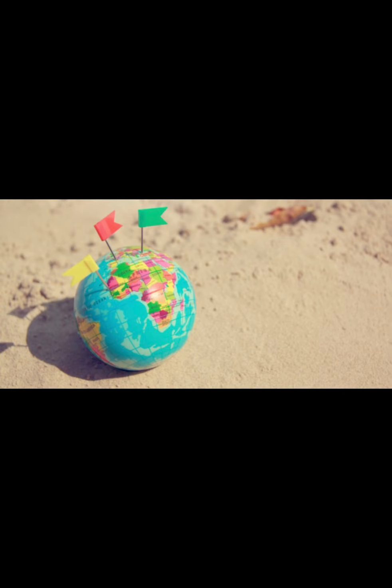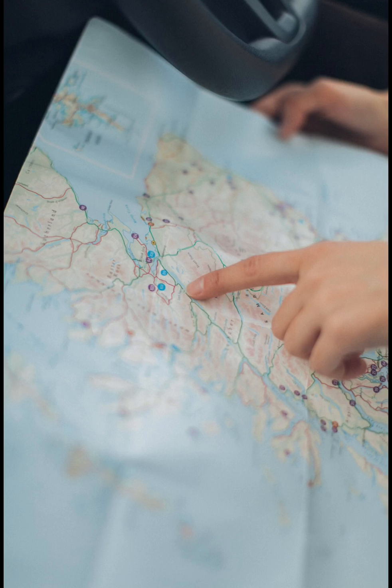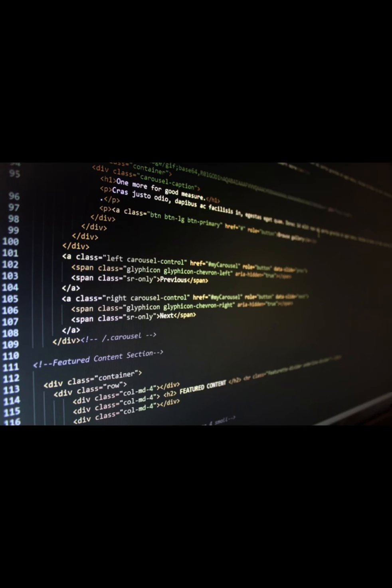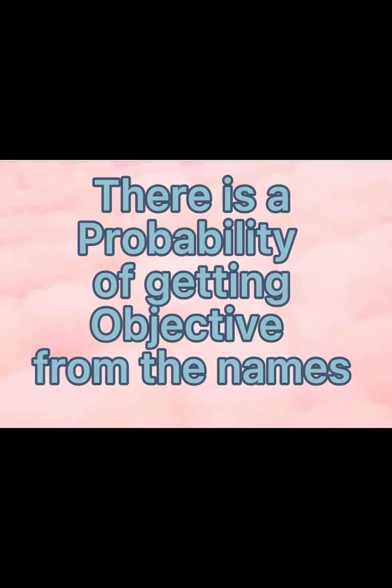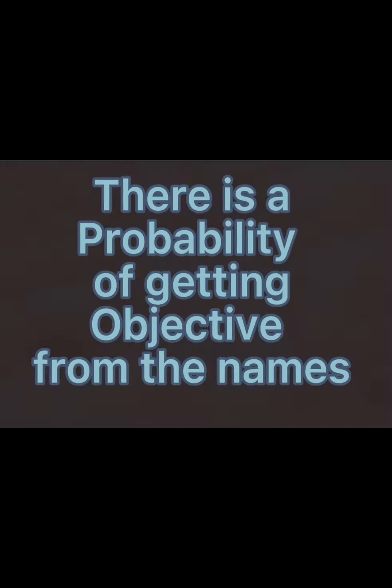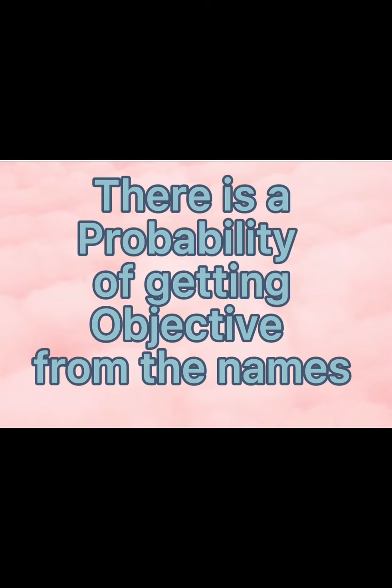Another important thing that we can sort out from the overall course content is the names. Mostly, for instance, the name of any country relevant in your discussion, the capital of any country, name of the head of state, ruler, people on important government portfolio, or for instance, if you are a computer student, so name of any software. So the significant names, whether it is related to any author, any issue, country, software, anything, the important names can also be enlisted separately, and there is a probability that you may get some objective within that as well.